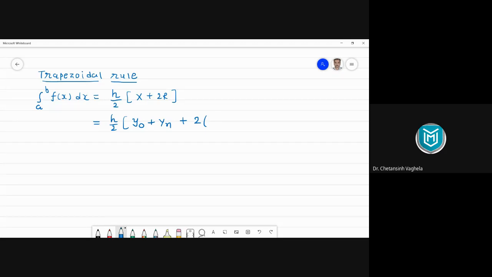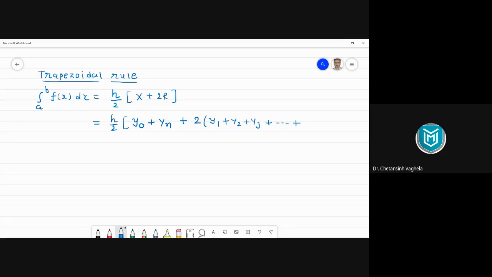Now, what do you mean by remaining terms? From y data, we have covered two values here, y0 and yn. So which are the remaining values except y0 and yn? See, y0 is covered here. After y0, what will be the next value? Next value will be y1, right? So it is y1 plus y2 plus y3 up to y4, y5, y6 plus up to.